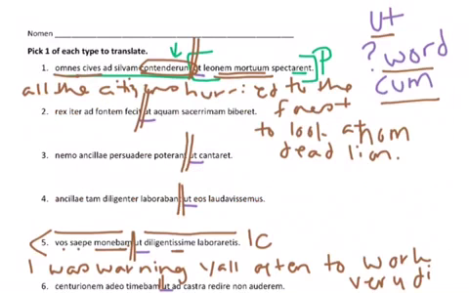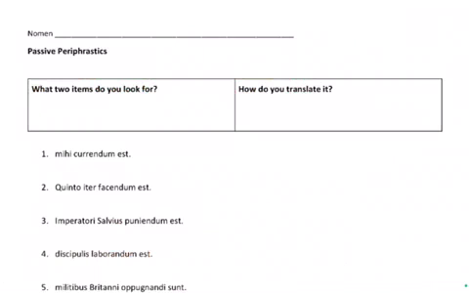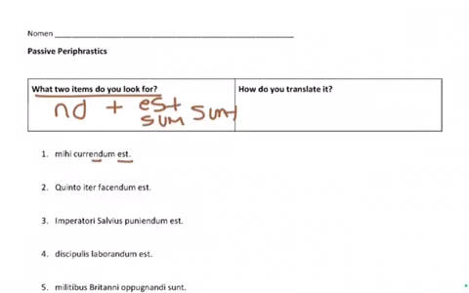All right, last but not least, so these are your subjunctive clauses and how to translate them. There's one last thing I need you to be aware of, and that's the passive periphrastic. There are two things that you're going to look for when you have to find them. The first one is ND, and the other one is a form of sum. So you could have est, sum, sunt, whatever. So you need both of those things. You give me one of those things, it's wrong. When you translate, you do dative, must,